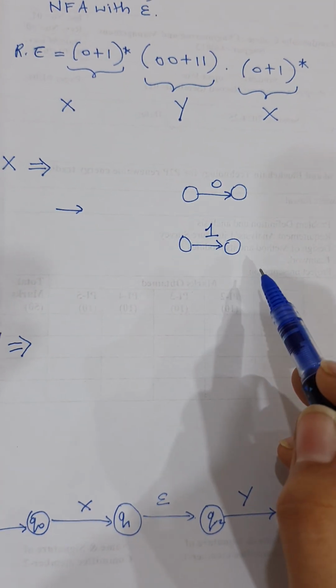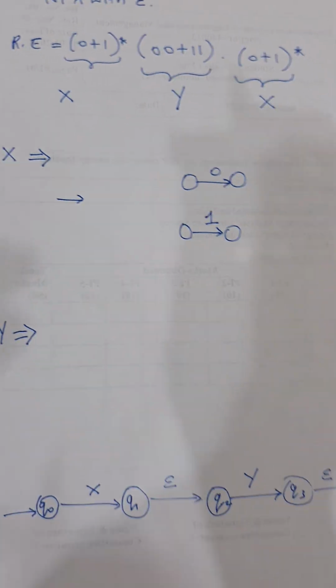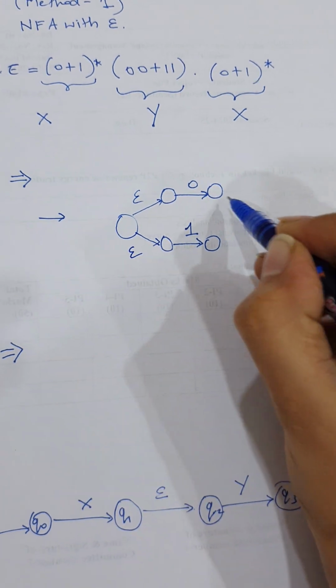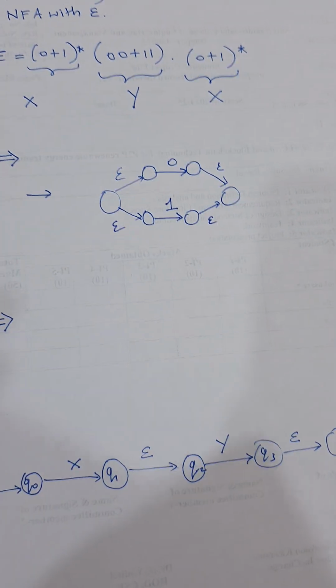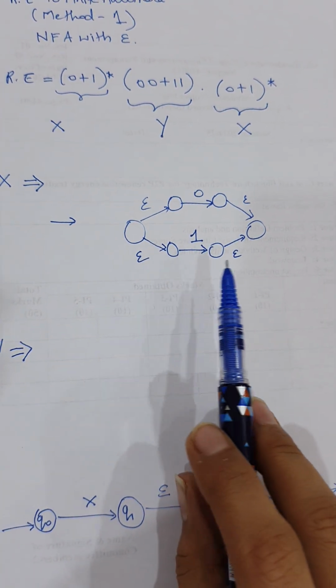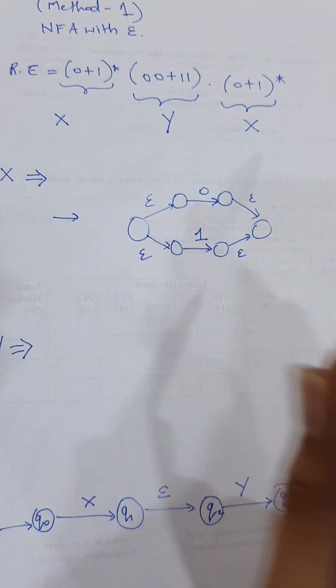So 0 and 1 we have to connect using the OR operator. So connecting with OR, prior to this and after this we have epsilon. So this is 0 or 1 represented, but now we have to make this as